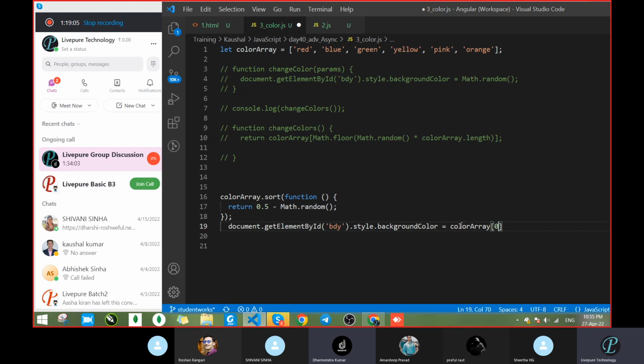But we have to get the value from that array. Yeah, from that array, sir. What will be written in color, sir? We do not want the 0, 1, 2, 3. Sir, here it's printing red after blue and green like that, sir. It is interchanged. Let me check that. Okay. Let me check in the console.